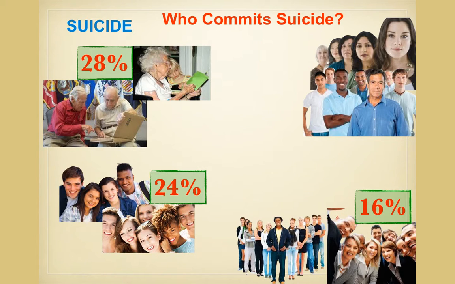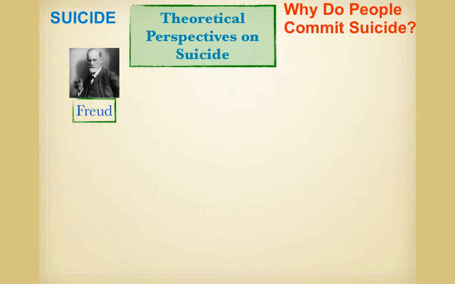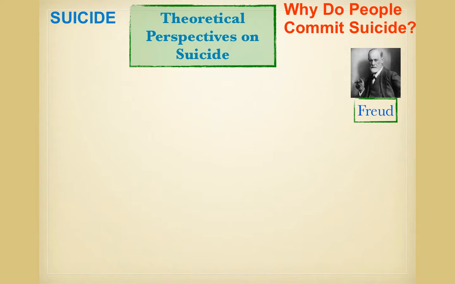Now, when we think in terms of, well, why do people commit suicide? Well, there's probably not, again, a single cause. There's many theories. People who commit suicide are often depressed, but are generally in touch with reality. The classic psychodynamic approach from Freud is a representation of inward-directed anger, and turning that anger towards themselves rather than towards what they want or what they need or who they're angry at.